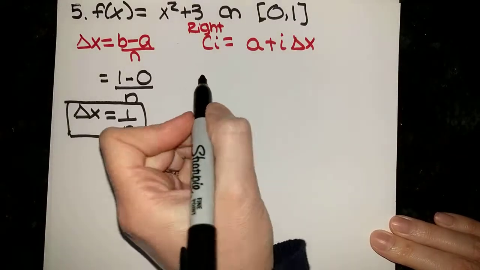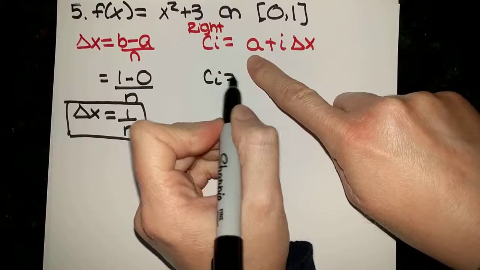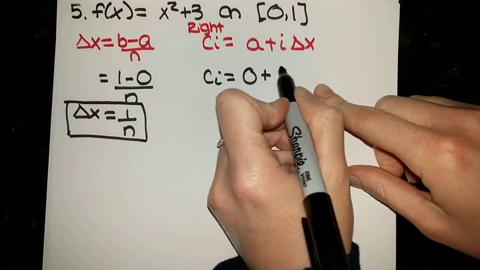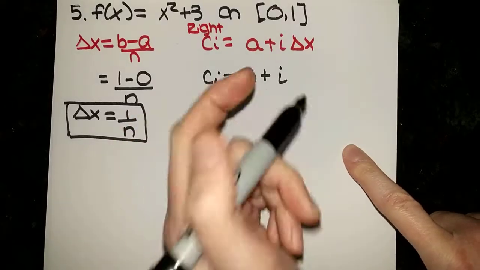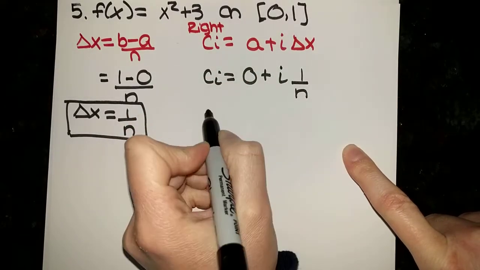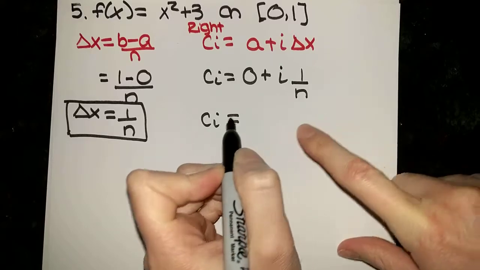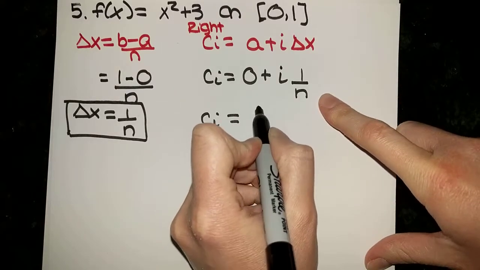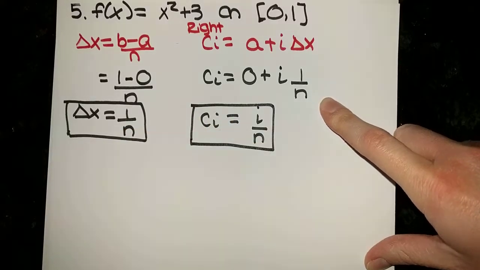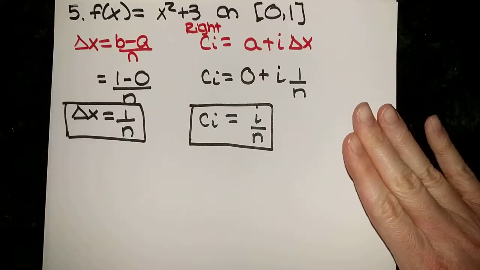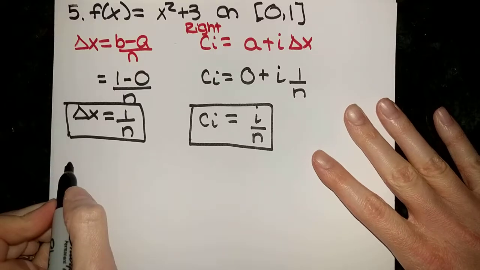Now, for my right endpoint, I'm going to plug in a, which is 0, plus i, where we keep i as the index, times our delta x, which we just found, as 1 over n. So if you simplify this, you're really getting that ci is going to be equal to i over n. All right, so now we are going to plug that into our definition of the definite integral